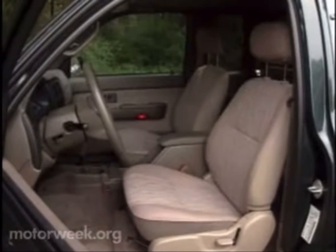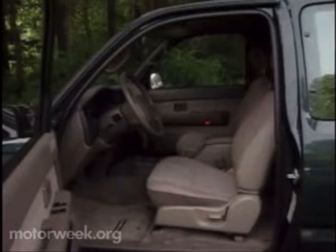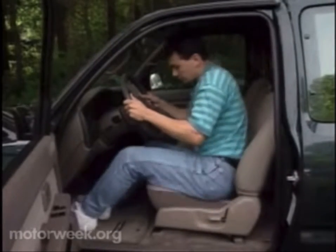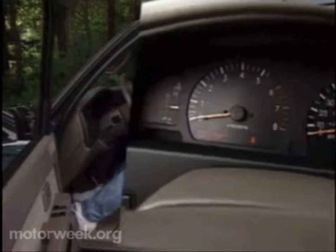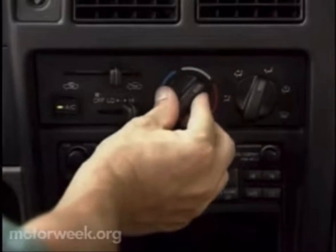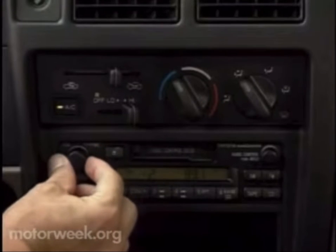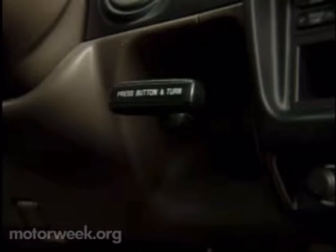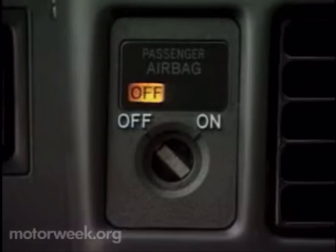In keeping with the PreRunner's semi-off-road character, the interior is utilitarian-looking yet still well-equipped. The optional front bucket seats are available in cloth only, as many of our staff think truck seats should be. They're well-padded and supportive. Gauges are basic, but large and easy to read, while controls for the standard air conditioning and AM/FM cassette stereo are straightforward, but the stereo is set lower in the dash than we'd like. We don't care for the old-style pull-out handbrake either. We do like features like dual power ports and the flexibility of a cutoff switch for the passenger side airbag,